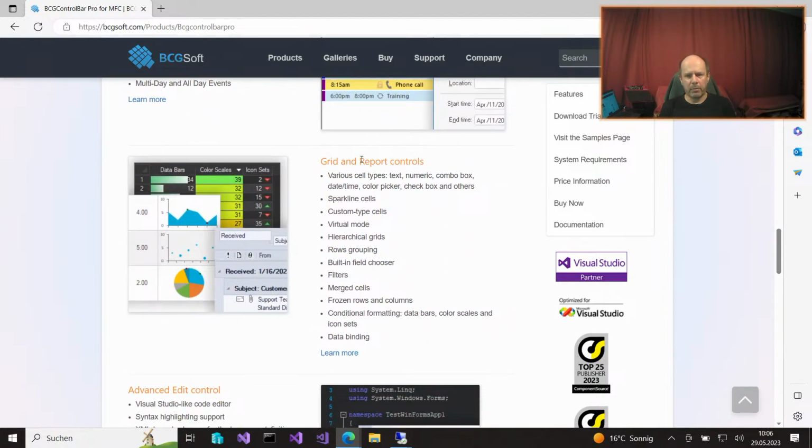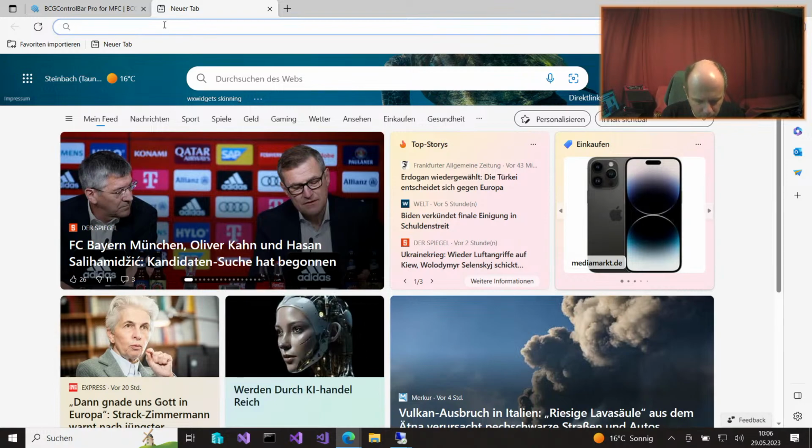The report control, I think, is a little bit low in features, but I need to review the samples. I need to review the possibilities with this framework. To be honest,